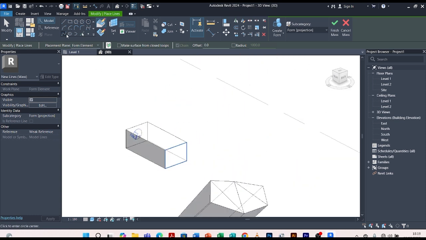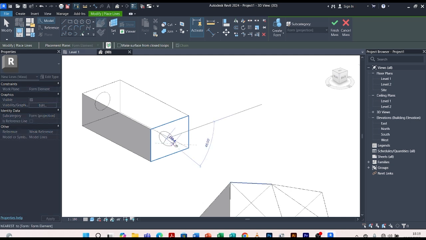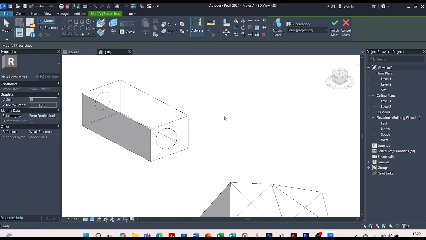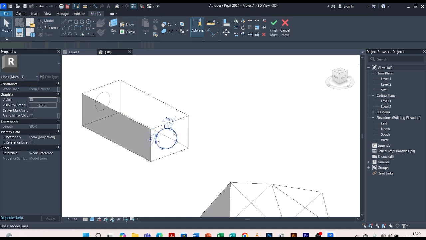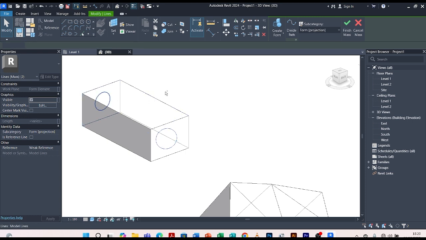Let me have an ellipse on this side. So I'll click on this ellipse shape. Then I have it somewhere there. Then I'll press escape several times, click on this, hold down control, I click on the 2,